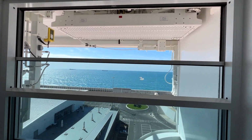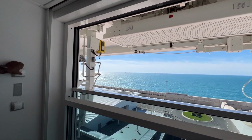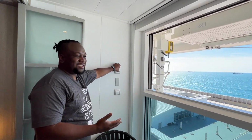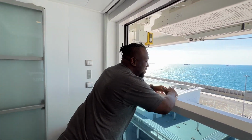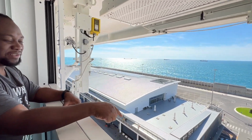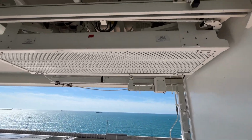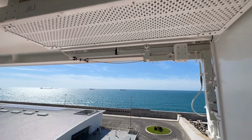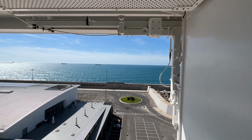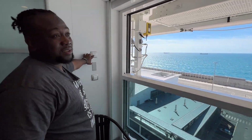So it goes from a regular room with a window to a room with a little balcony area. Yeah, see? Nice little balcony area. This room is, they say, 5% obstructed because of this. No, because of this. Or that. One of them. Or both of them. All of these things. But anyway, along with that you can press the other button and